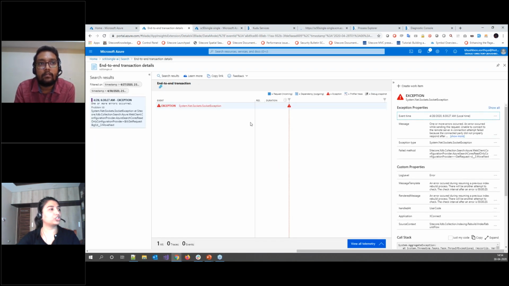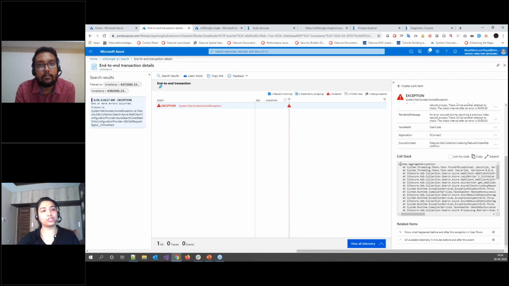And here it shows more information about that exception, like message, exception type, failed method, and it also shows the full stack trace of that exception. So you can use this information to analyze the root cause of your issue and then fix the issue with the help of these details.